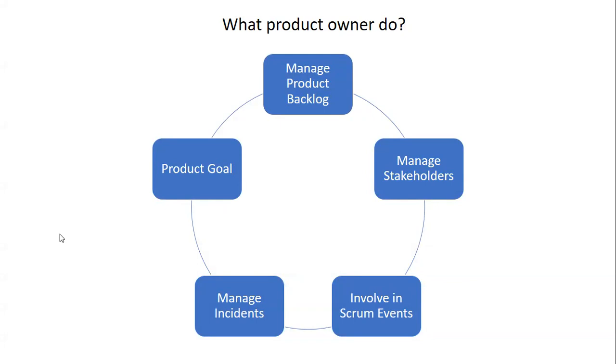So out of these five, in all meetings he should be available, and once he's available, he will also give insights regarding the meetings. Daily stand up, it is not necessary that he comes, that's fine. But if there is a backlog refinement meeting, it's a must that the product owner is available. He will be owning that meeting